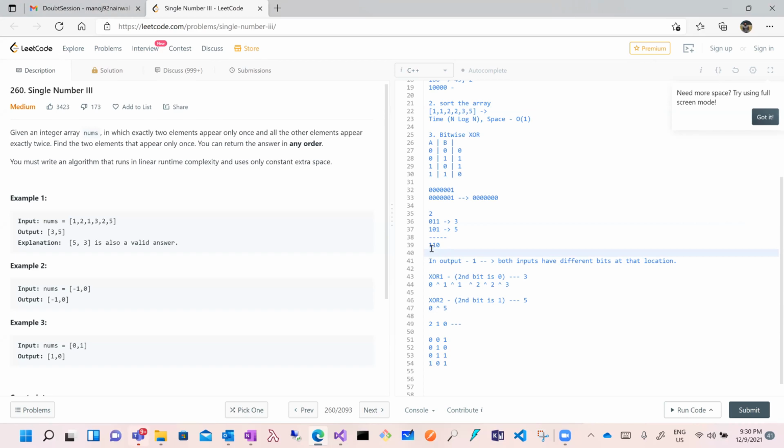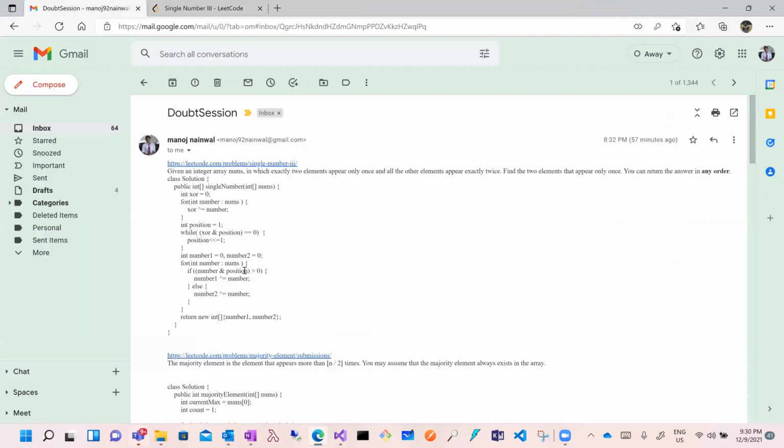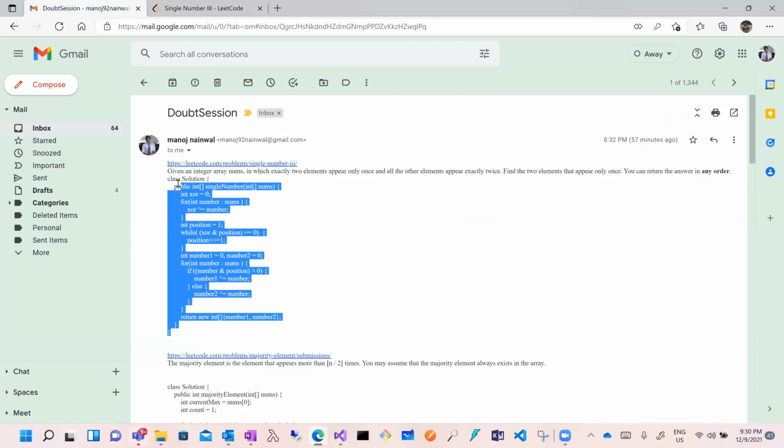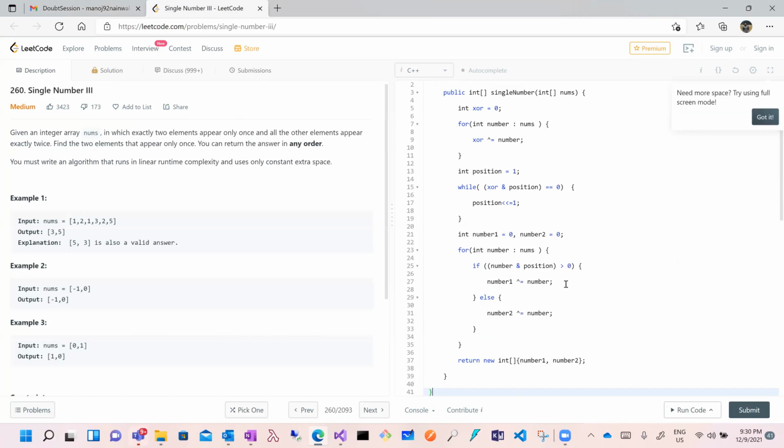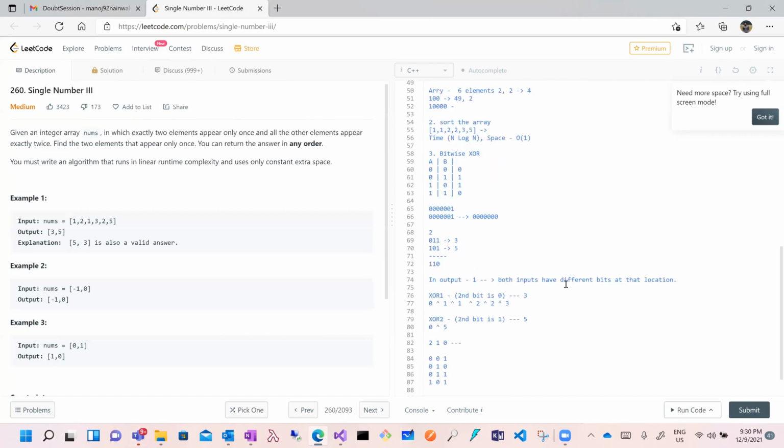Okay, I have actually written code here as well. So let's go through the code directly, if that is fine for you. Can I add to what you're saying? Sure.